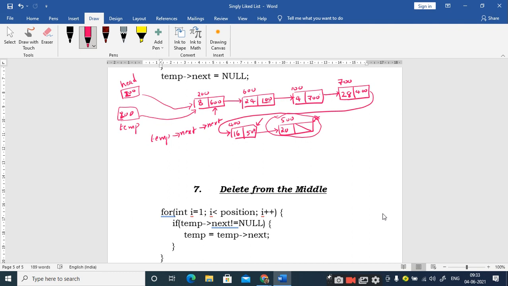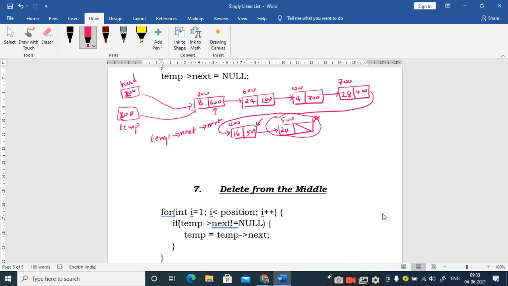Yes, sir. So assume that my pointer is at this location. What is temp next? 200, sir. 200. 100, right, sir. So listen, why I am making use of this particular notation: temp next means I should stop my iteration at a position which is the previous node of the last node, right? So I have to identify the address part of the next node, right? So if my pointer is pointing to a particular node, assume in this case that the temporary is pointing to 200, the node created at 200.